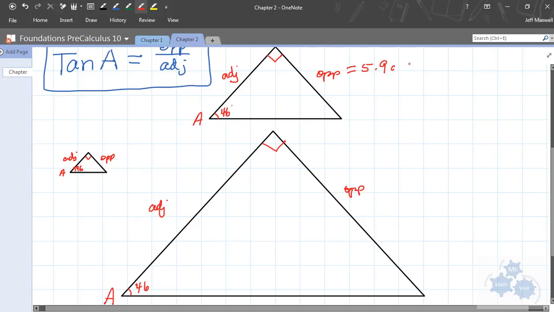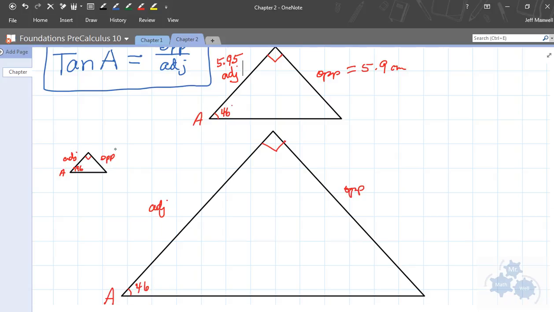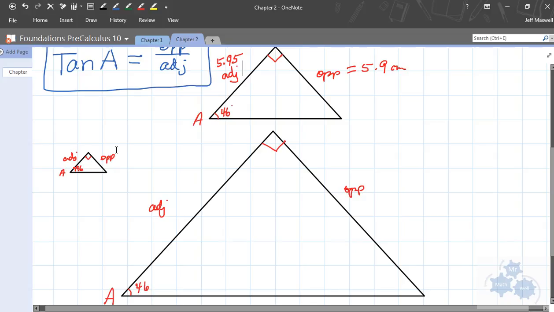Okay, so you guys can write this down with me. I'll do the other ones as well. Over here, the small one is going to be 1.65. And this one over here